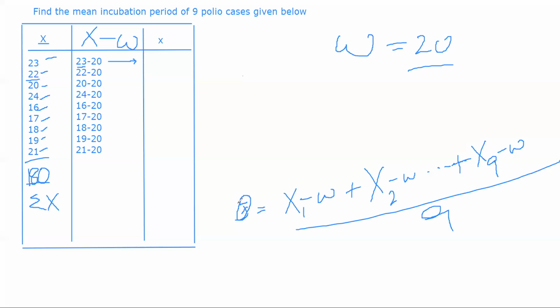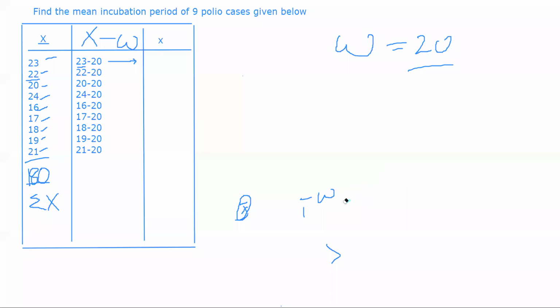First, in the assumed mean method, you try to find small x bar. You do that by calculating the summation of X minus W divided by the number of observations. That is the first step. I hope you guys are following along. Do these steps make sense? If you are not understanding anything, please feel free to stop me at any time. I'll re-explain if I need to.